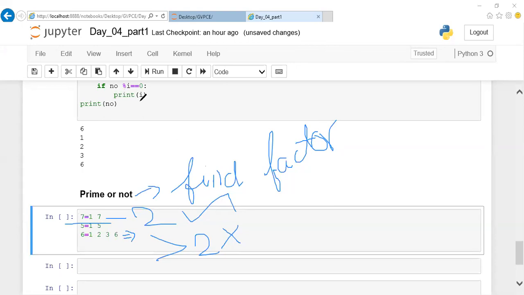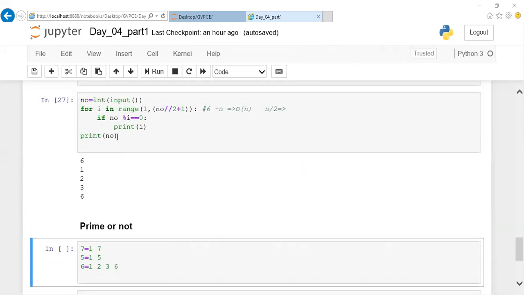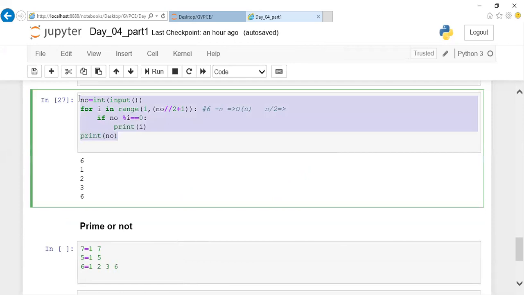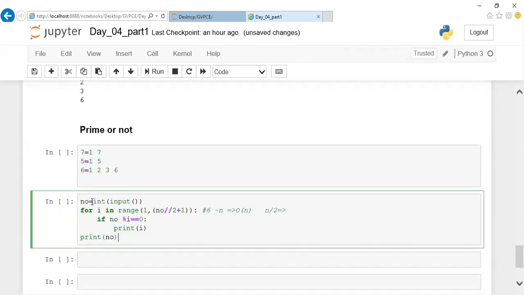So just now we wrote the logic for finding factors. We'll directly convert this program here. Right now, just let me clear it. So we'll make use of this program itself, the same program. We know that finding factors can be optimized. So initially let me write in a normal way, then we can go in an optimized way.